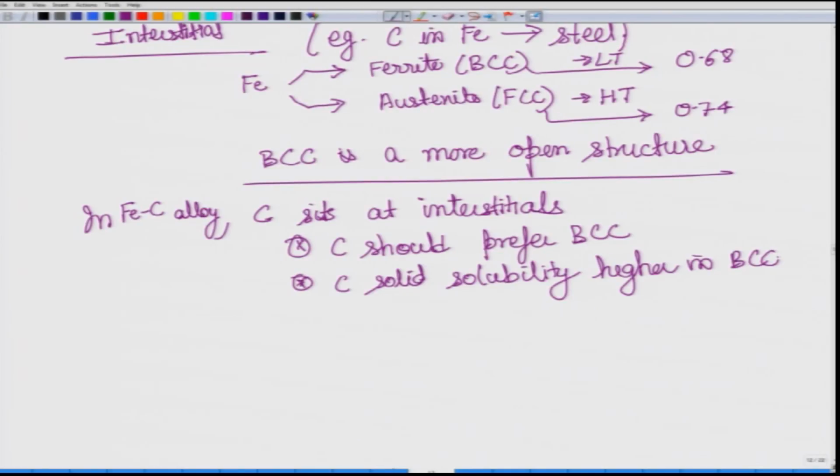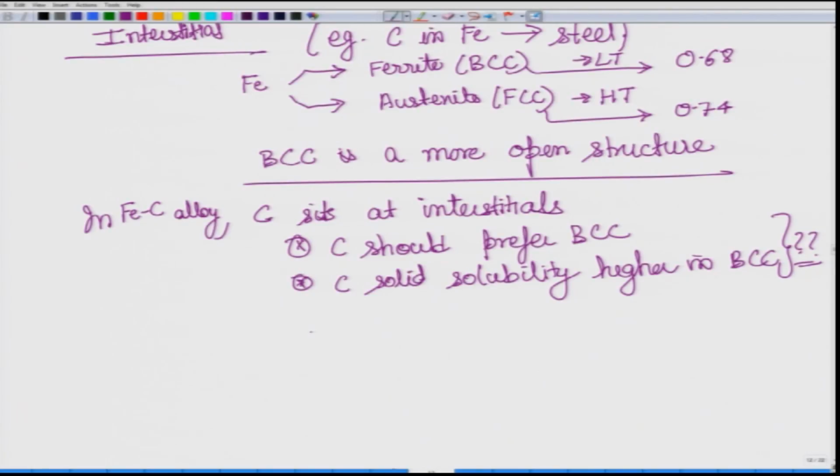This is something that you would expect given this information, that in FeC alloy carbon sits in interstitials, BCC has a packing fraction of 0.68 and FCC has a packing fraction of 0.74, and assuming that the approximate lattice parameters are similar, not different by very large magnitude. But the question is, is it true? So, we will see. To understand this, we need to understand that in these cubic structures you have two different